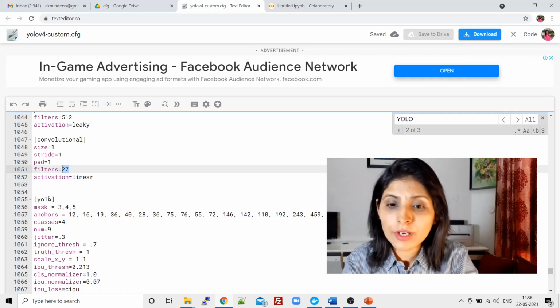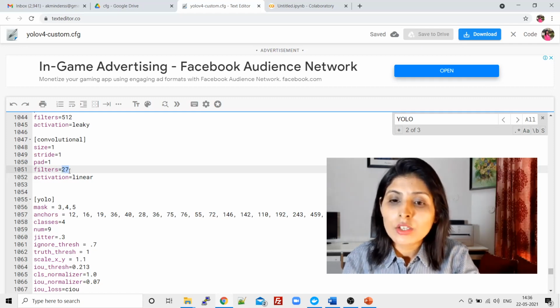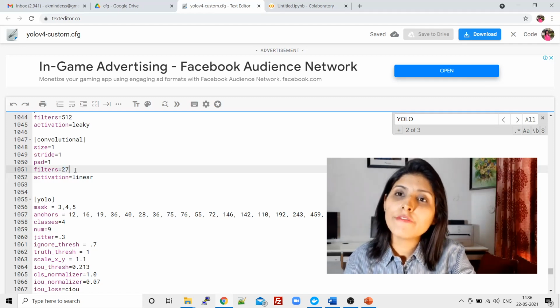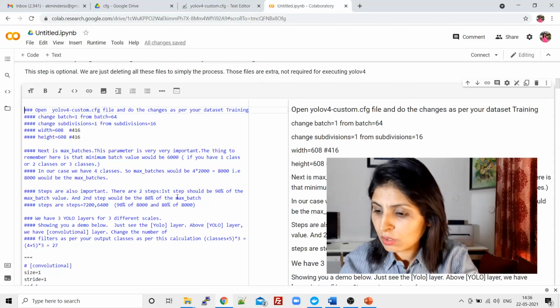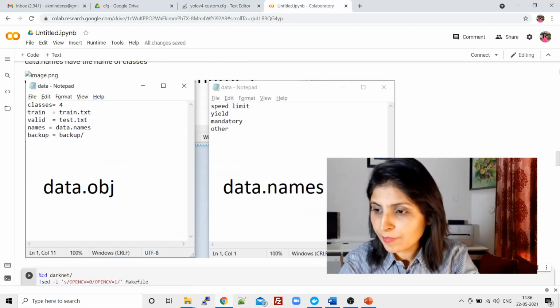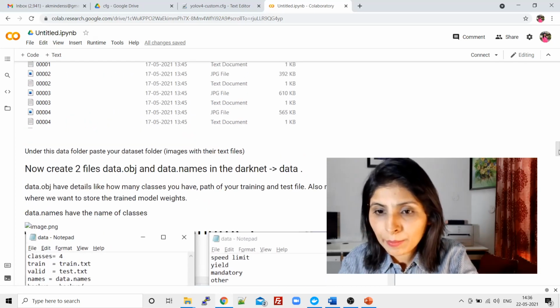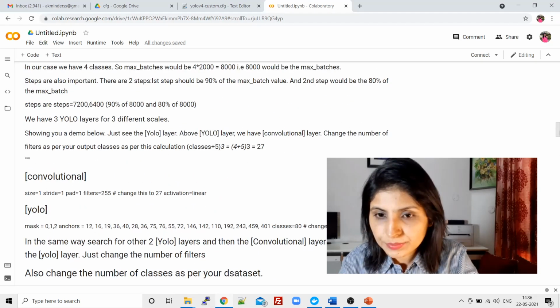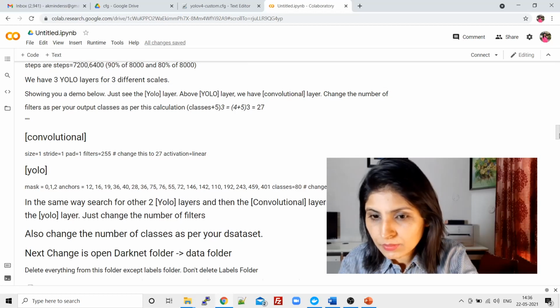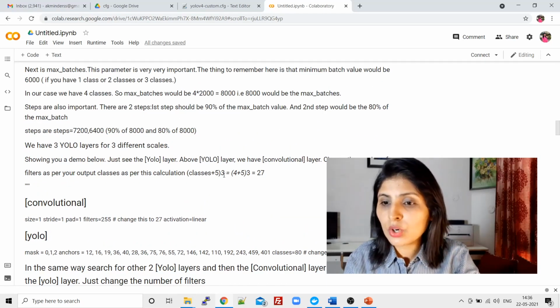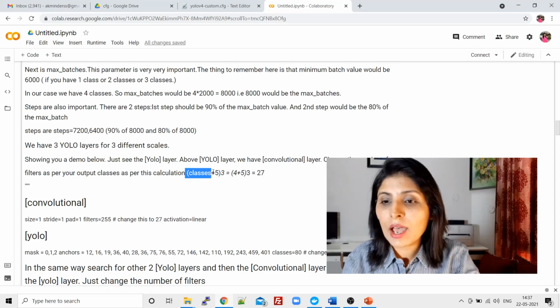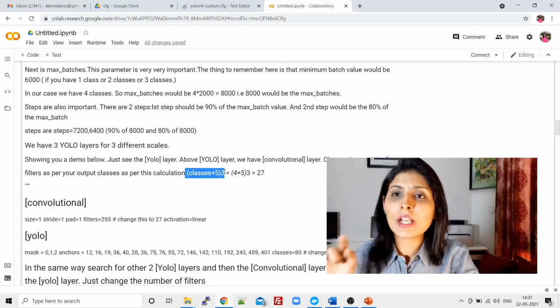Where do you need to change the filters? Just above the YOLO layer. So what should be the number of filters over here? Again, you have to follow this: classes plus 5, into 3 will be the number of filters.